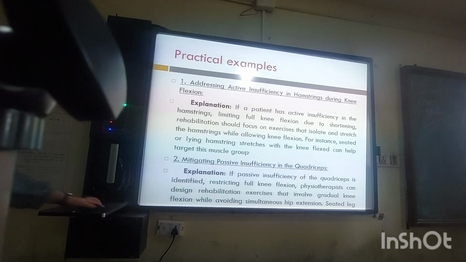ठीक है, हम इसको किसके अंदर कर रहे हैं? In seated position, high sitting position के अंदर हम क्या कर रहे हैं? Restrict कर रहे हैं knee flexion. Do we give this exercise? We give all these exercises on quadriceps table, भाई. We give this, but we never think about it कि we are basically giving passive insufficiency को हम cater कर रहे हैं at knee joint. We never think about it, but we are dealing with this.